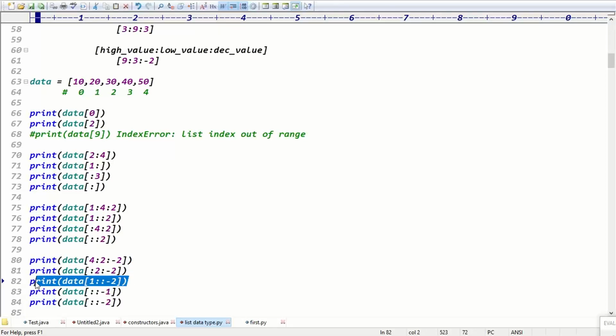Guys, what is the meaning of this line? From 1 to ending with decrement minus 1.